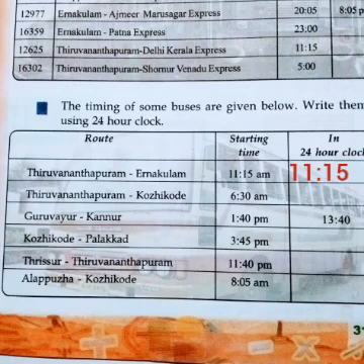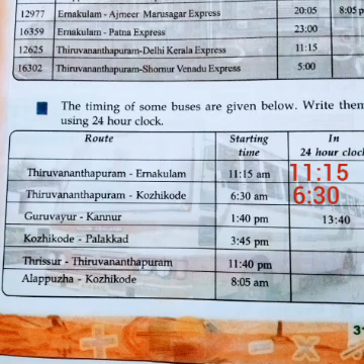Thiruvananthapuram Kozhikode 6:30 AM. Here also AM. So in 24-hour clock system it's also equal to 6:30. Next one, Guruvayur Kannur 1:40 PM. Here PM, so we want to convert. How can we convert? Yes, add 12 plus 1. 12 plus 1 equal to 13. So our answer is